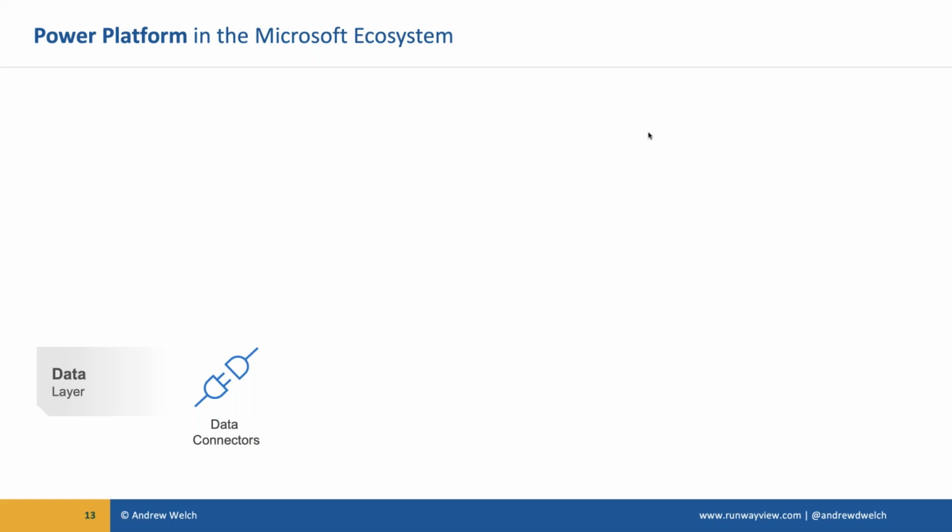So the first are the data connectors. These are out-of-the-box connectors. There's nearly 400 of them that are built into Power Platform that use APIs, the API of the service to which you are connecting, to connect to that data source in a repeatable way. So, for example, you can build a Power App that taps into Facebook, for example, as a data source that pulls data and transacts data with Facebook, or almost 400 other things.